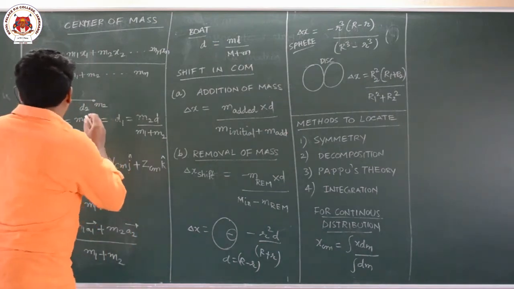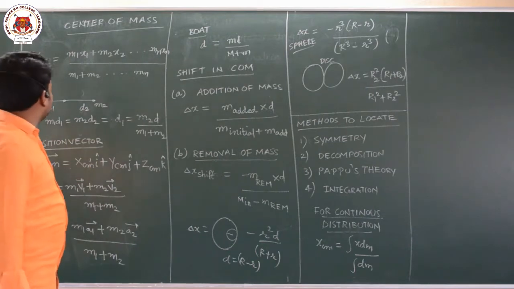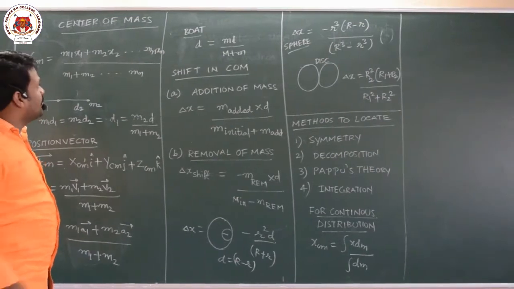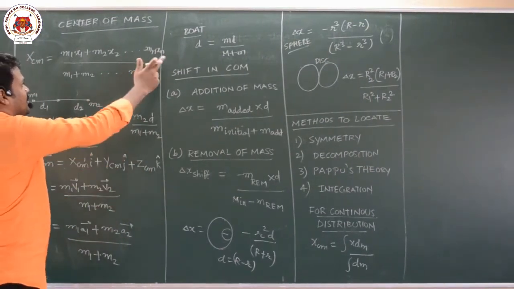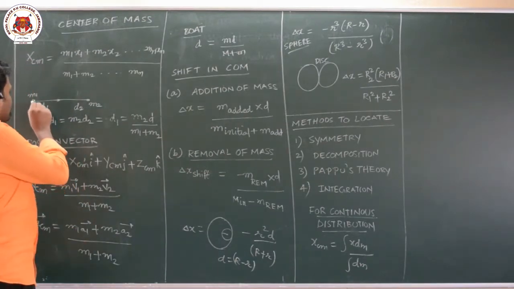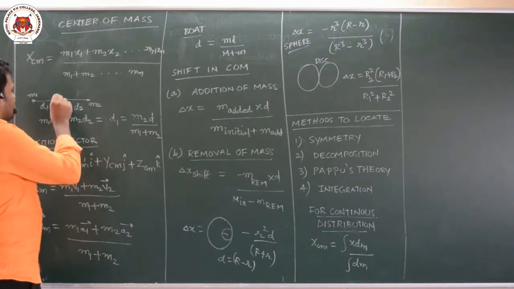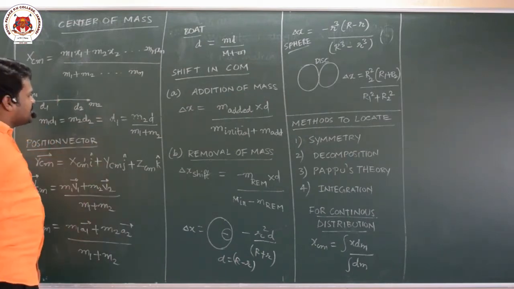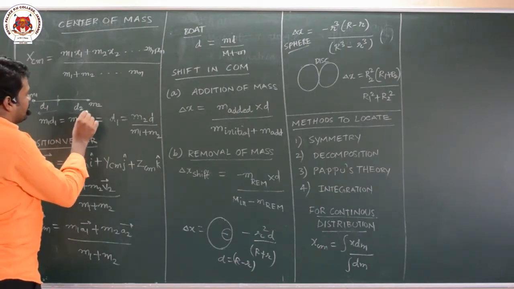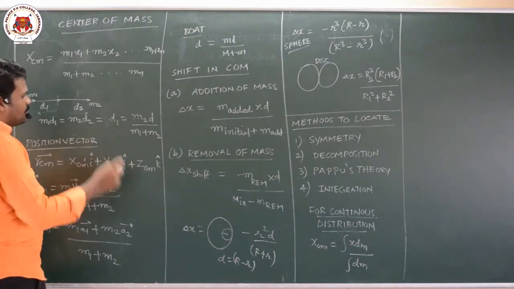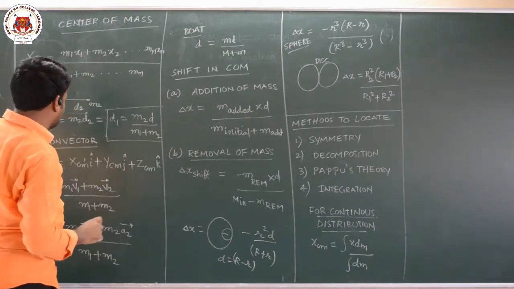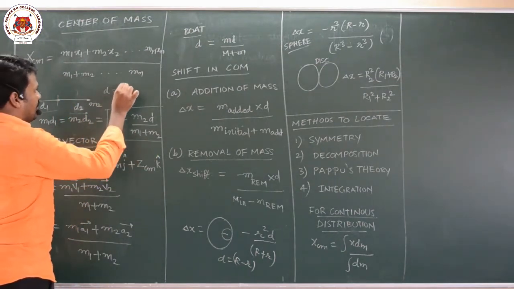The center of mass of a system of particles can be calculated by using the formula xcm is equal to m1 x1 plus m2 x2 plus up to, if n particles are there, mn xn, divided by m1 plus m2 up to mn. And if there are only two particles m1 and m2, then the sum of the moments around the center of mass will be equal. So the moment on the left side and the moment on the right side will be equal: m1 d1 is equal to m2 d2. From this you will get d1 is equal to m2 d by m1 plus m2. Here d is equal to d1 plus d2.